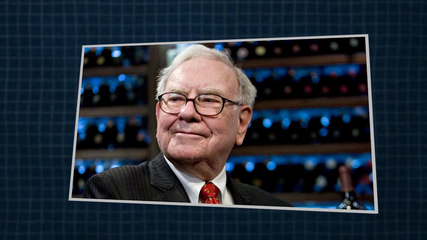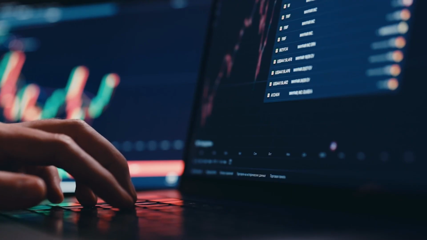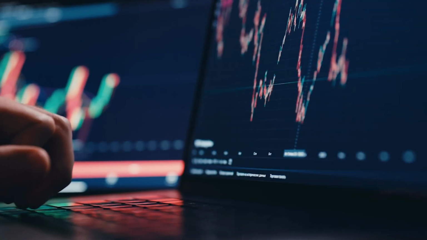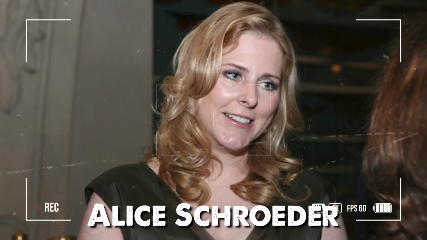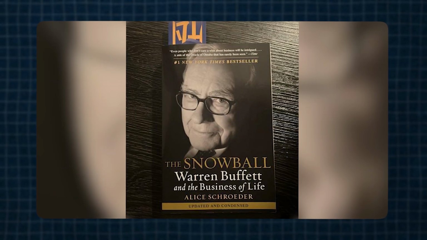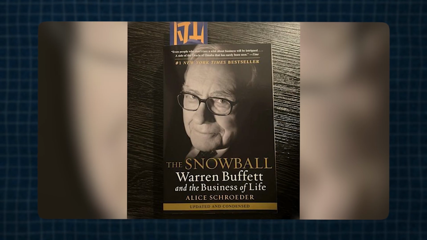Now anchor this in Buffett's documented philosophy. The math you just saw is the theoretical spine of his entire career. Biographer Alice Schroeder captured the origin in the snowball. Recalling an epiphany from his youth on a simple table of compound interest, Buffett described the visceral impact, the way that numbers exploded as they compounded. What could be better than that?